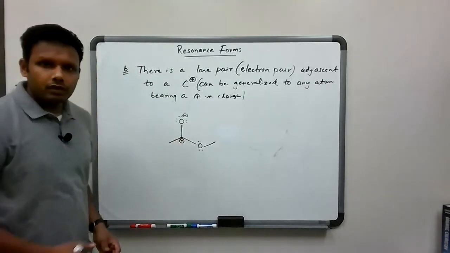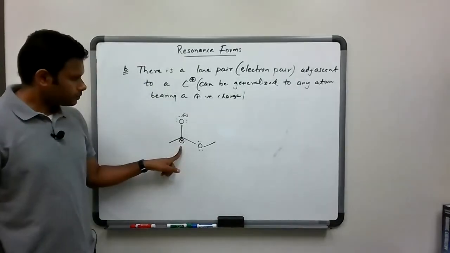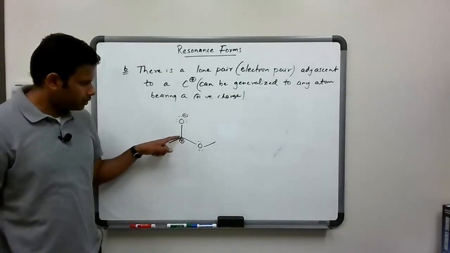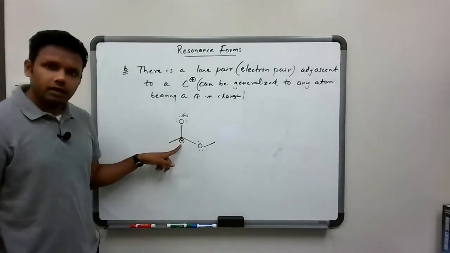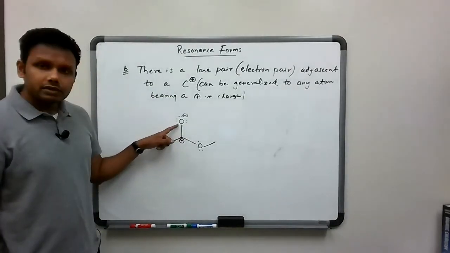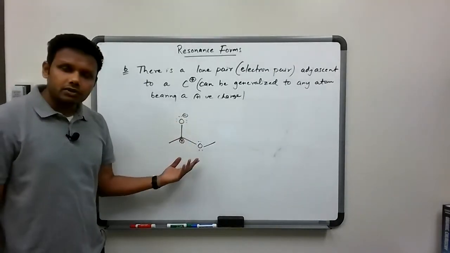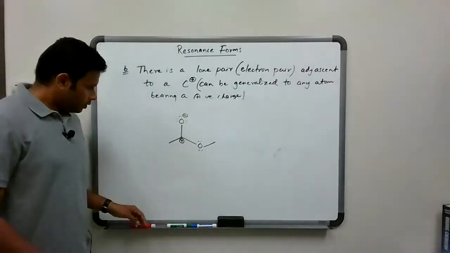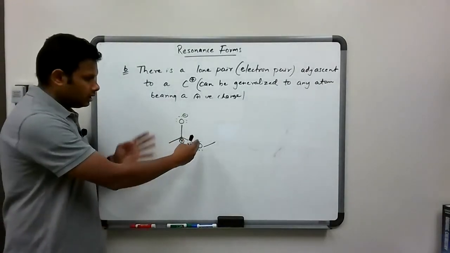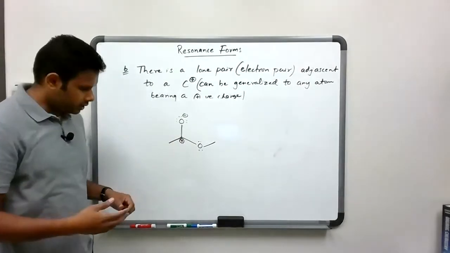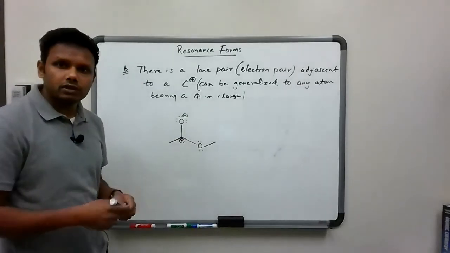Now, if you notice, in this scenario, I have a carbon here with a positive charge on it, and there's an oxygen with lone pairs on it. There's another oxygen with lone pairs on it, which means in principle, I could use either one of these lone pairs. And I'm going to show you what happens when we use both,